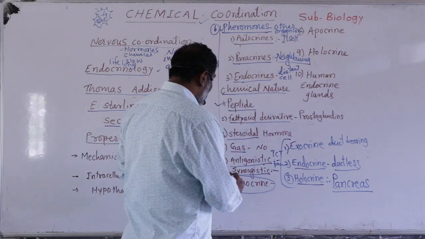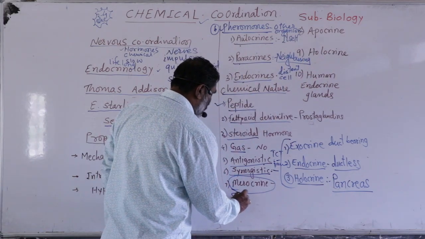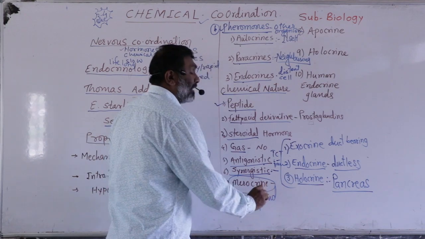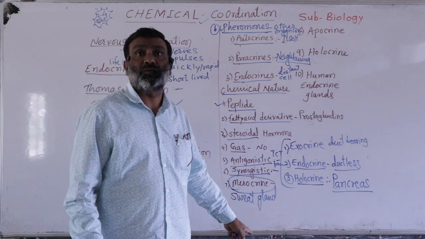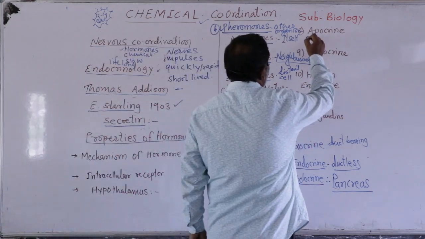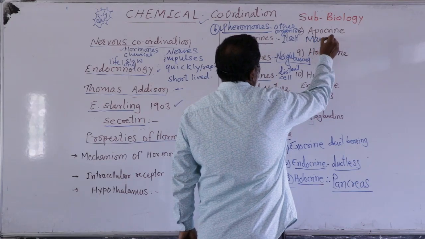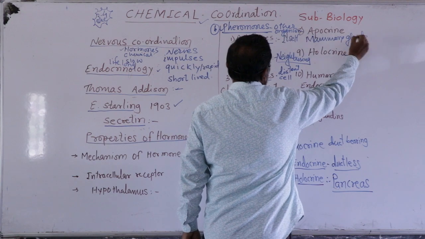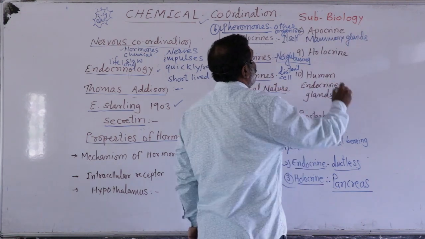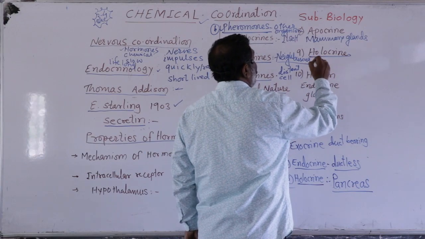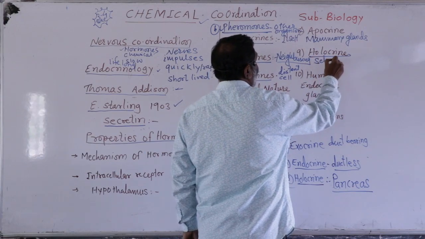The first example of a merocrine gland is the sweat gland, also called the sudoriferous gland, whereas apocrine glands are nothing but the mammary glands. The holocrine glands are particularly the sebaceous glands,